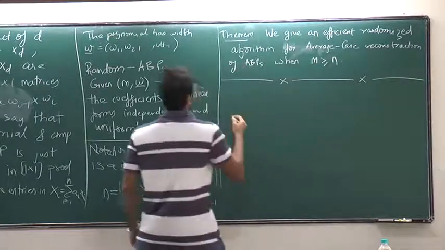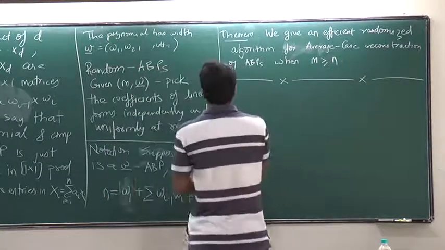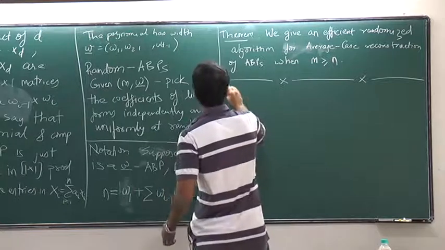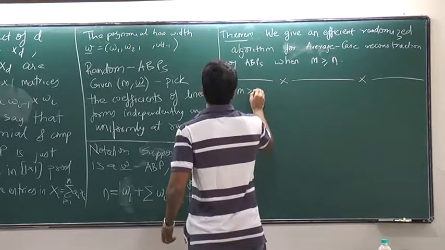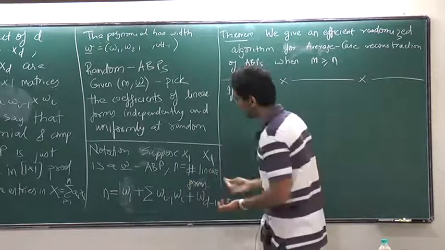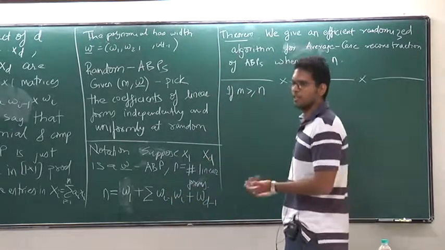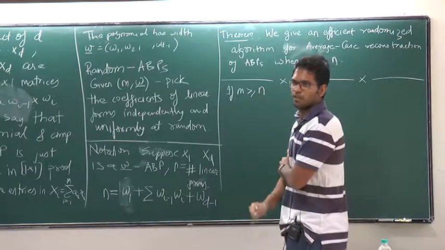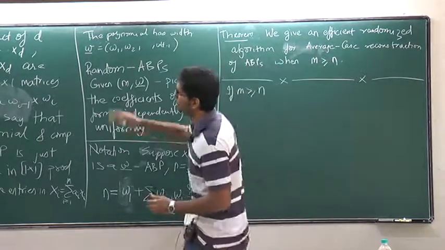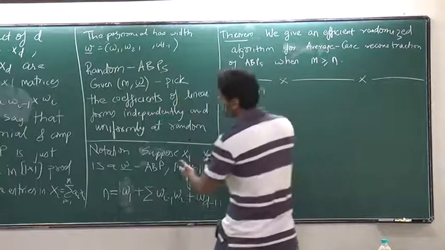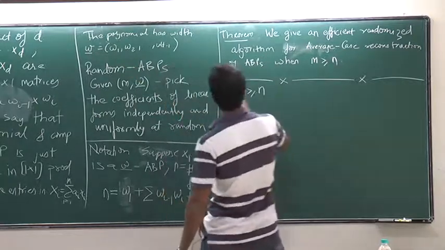Yeah, so a crucial point to observe here is that if m is greater than or equal to n, then with high probability, the linear forms that you're choosing would be F-linearly independent. It's a very easy argument. You can, so the linear forms in x1 to xd